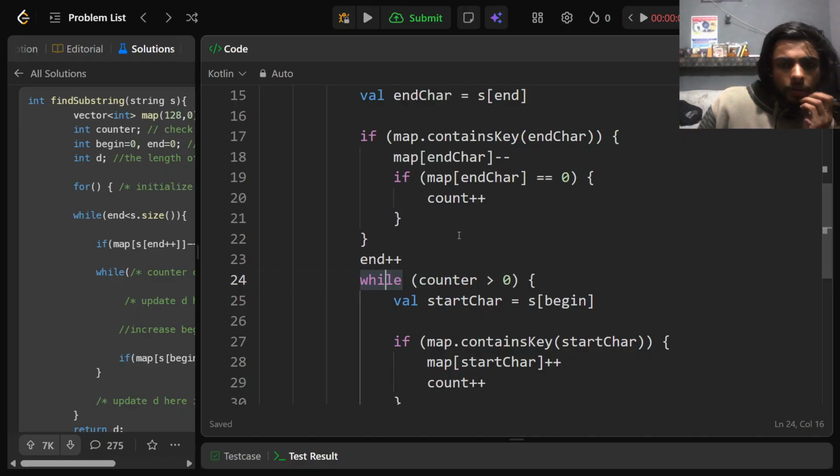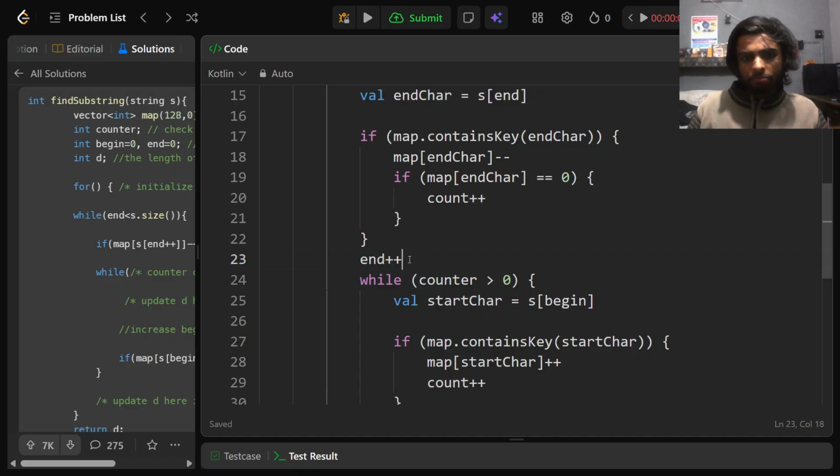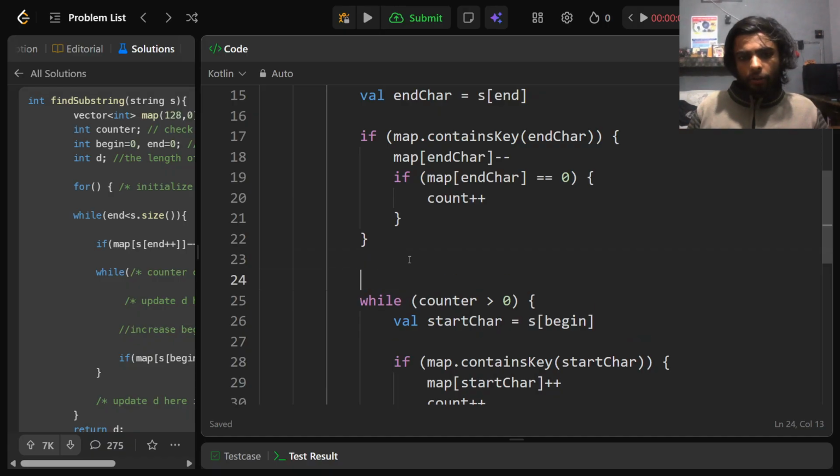Plus plus. So yeah, I can do this. I can do if counter is smaller than length, continue,